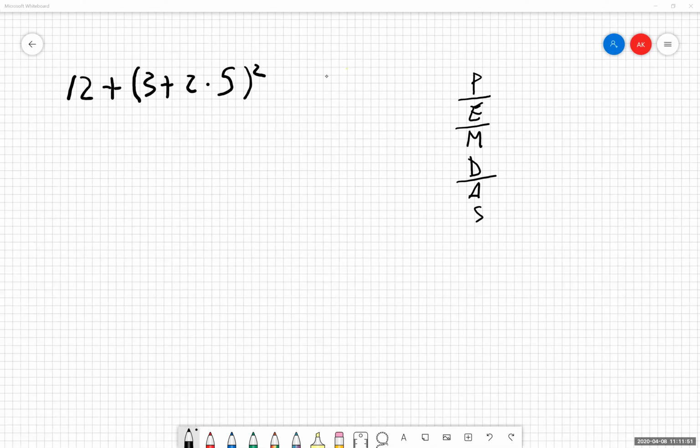Okay. So as we had in our previous note or on the previous page, when we have parentheses, we go inside of our parentheses first, and we're going to restart PEMDAS all over again. So I'm going inside of my parentheses. I don't care about this 12 out front. I don't care about this exponent. I'm just looking inside the parentheses. And I'm going to restart PEMDAS all over again. But I'm only looking inside the parentheses that I have here. I'll actually reorganize this. We'll just do it like that. I think that looks a bit better.